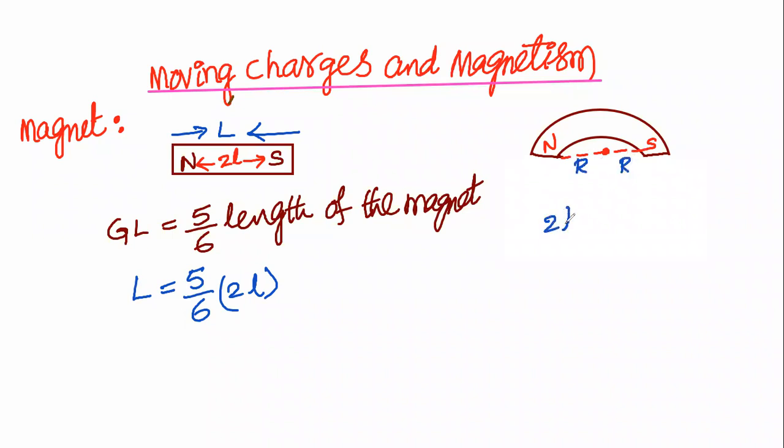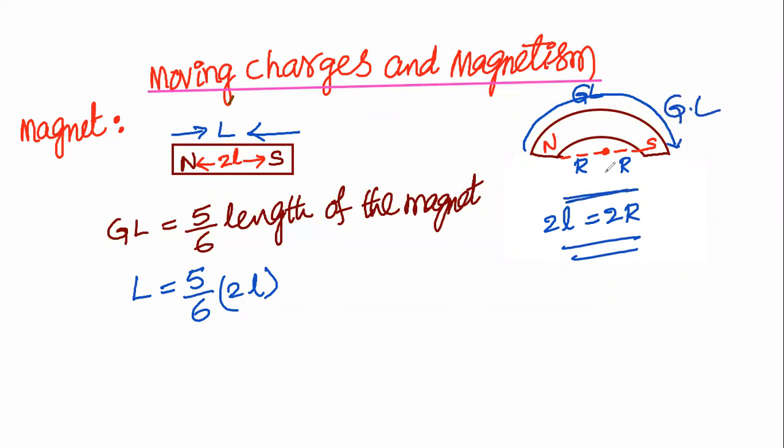So the length of the magnet in this case is equal to R. Then what is the geometrical length? The geometrical length of the magnet is this full arc. Geometrical length is the total length. This total length is called the geometrical length. The direct distance between the north pole and south pole is called the length of the